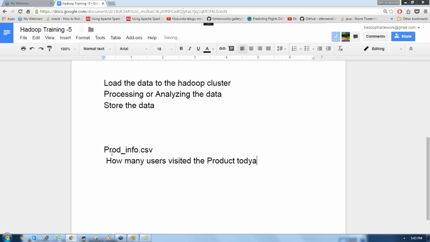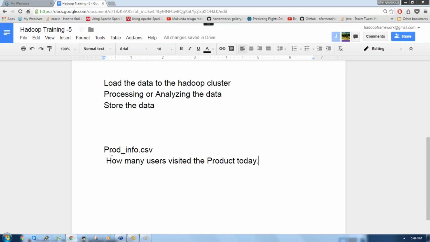Or suppose it's an e-commerce client, say Amazon. They want to know, right at this moment, the total cart value. The users who are visiting the products in Amazon have added products to the cart. So what is the total cart value right now? I just want to see that.